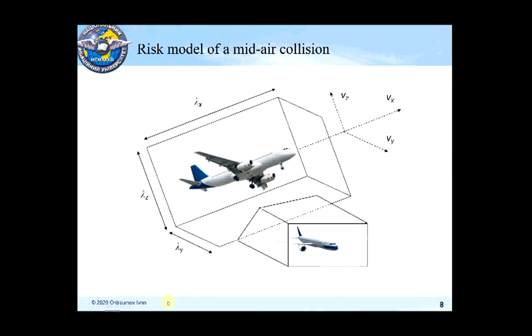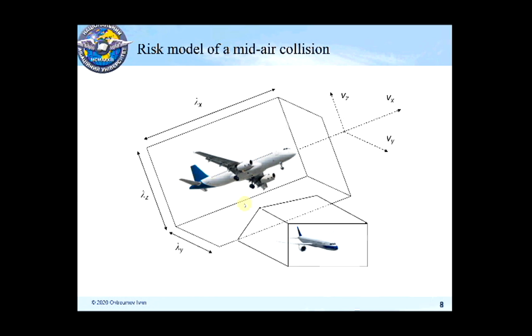Next, usually in tasks of risk estimation, we use some specific aircraft models, and in this case the most suitable is the box model. That's why each airspace user in a risk simulation model can be represented as a box with a specific size: width, length and height. And this size we get from our separation minimums, because in air traffic it is highly important that each